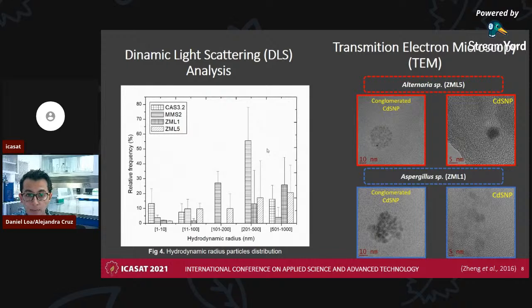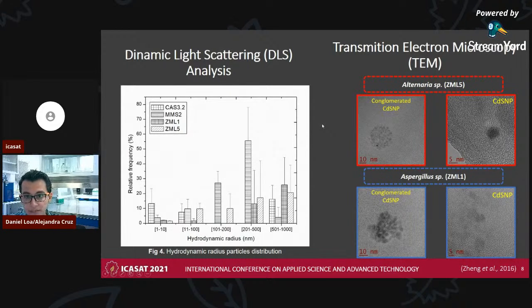We found in the samples particles with a hydrodynamic radius around 200 and 1000 nanometers, corresponding to cell debris. We also found particles less than 100 nanometers corresponding to conglomerate particles, as can be observed in the micrographs